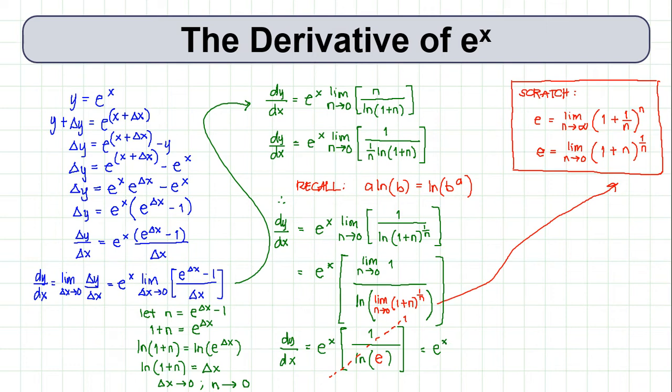Ibig sabihin, burahin ko lang to. Therefore, the derivative with respect to x ng e to the x is equal to e to the x. Right? Ibig sabihin, e to the x lang din pala yun. Isa to sa mga pinakamadaling sagutan na derivative sa calculus. No? So, very, very easy. Kasi pag nakita mo yung e to the x, makopyahin mo na lang siya. And ang magiging problema na lang is yung pagkuha ng derivative ng